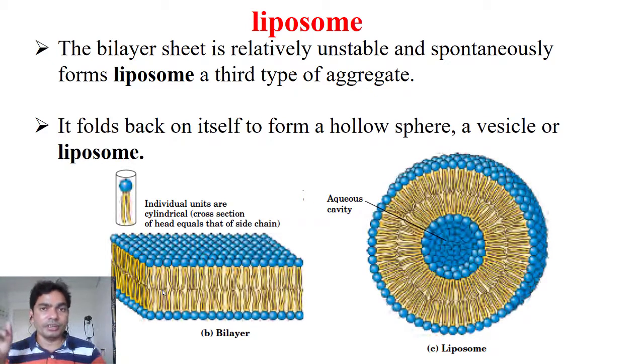Micelles were the single layer, but this liposome is the double layer. Double layer means the head is here and the head is here, and their hydrophobic region is here. So this phospholipid and its tail, this phospholipid and its tail, just like a membrane. A membrane is double layered, so this liposome is also double layered, right? So liposomes are used for many drug delivery applications.